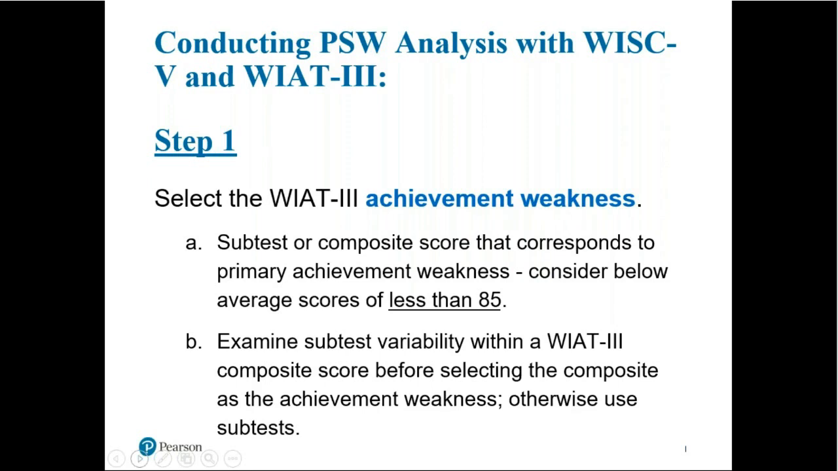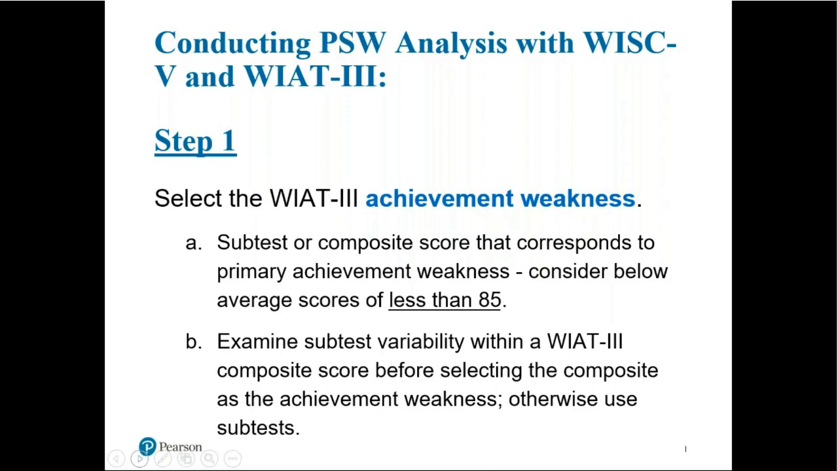And typically we would be considering scores that are less than 85. Again, if you're thinking about the DSM-5, they were indicating that for the greatest diagnostic certainty, we'd really be looking at scores in academic achievement of 78 or below. So the system will provide you with a flag or a warning if you choose an academic achievement weakness area